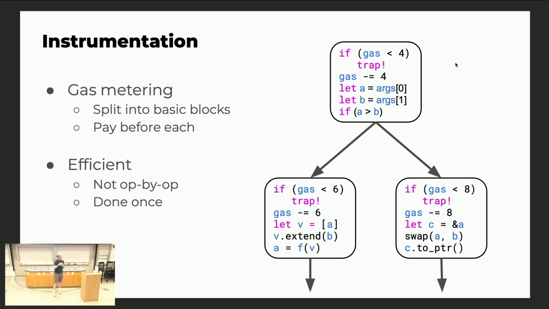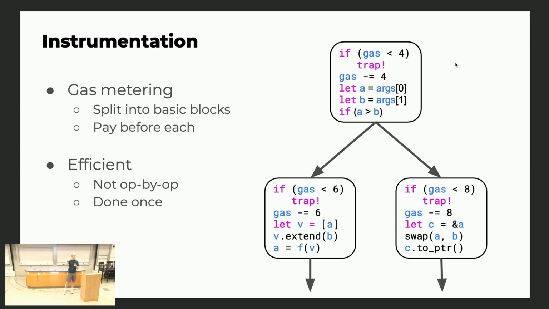Because we can identify basic blocks easily, because WASM has the type safety and structure guarantees that it has, this is easy to do. Also, type safety guarantees that we can inject this gas variable and make sure that the user code doesn't touch this gas variable. If the user code was already validity checked before we did this injection, we know that it can't touch any variables that didn't exist when it was safety checked. And so it's very easy.